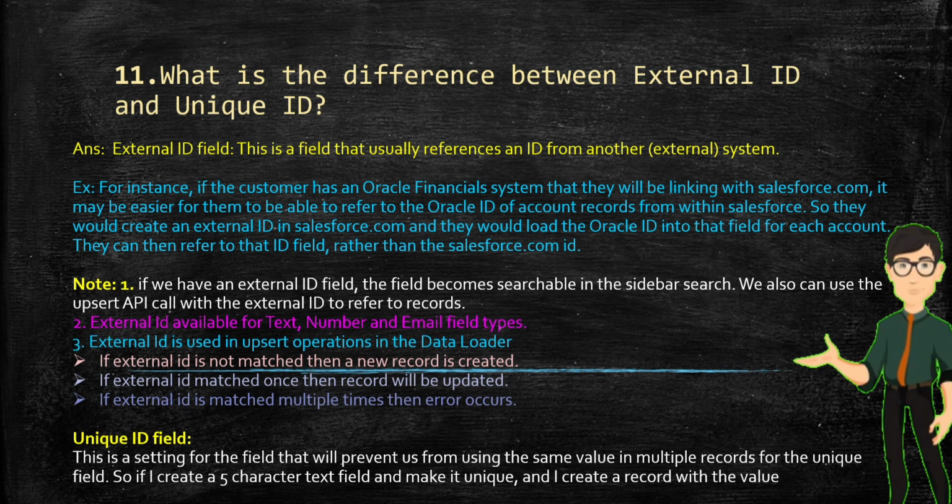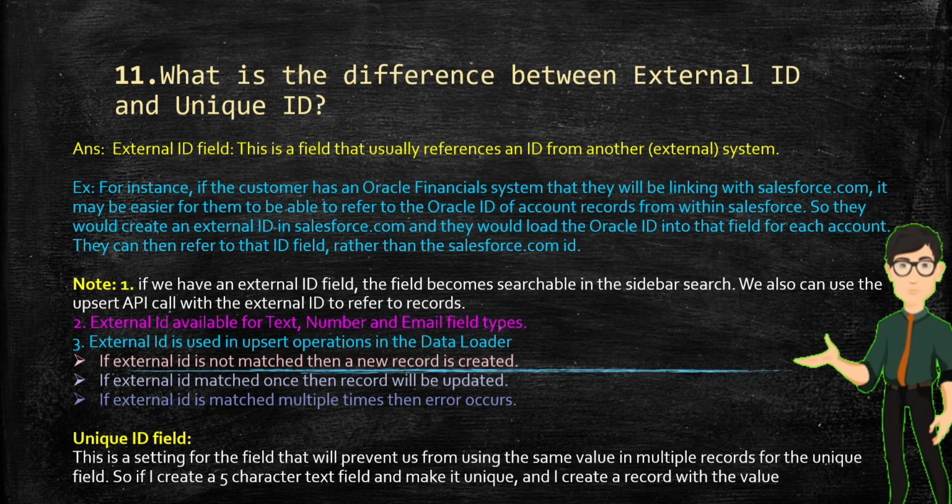So I create a 5-character text field, make it unique, and I create a record for the value. Let's suppose you want to create a record that is 1 2 3 4 5. This is unique. After that you create another record with the same characters, 1 2 3 4 5. If we enable the field as unique,